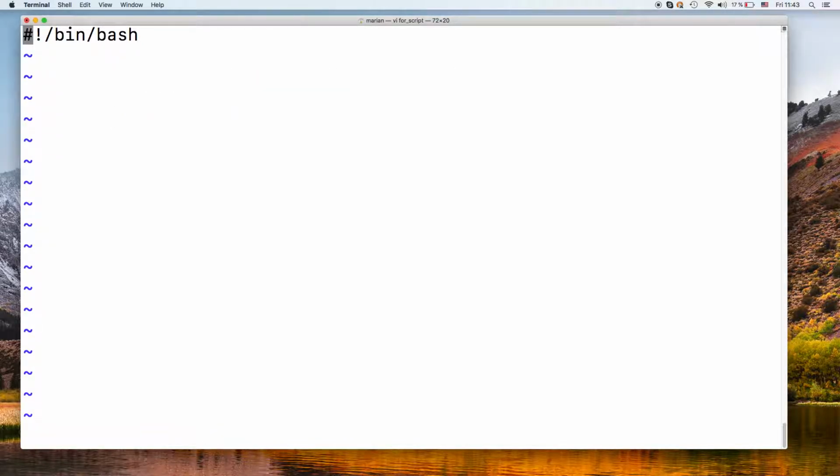But the more common way that for is used in bash is in this form. So for variable in a list, then you do your commands and done. And there are different forms a list can take. For instance,